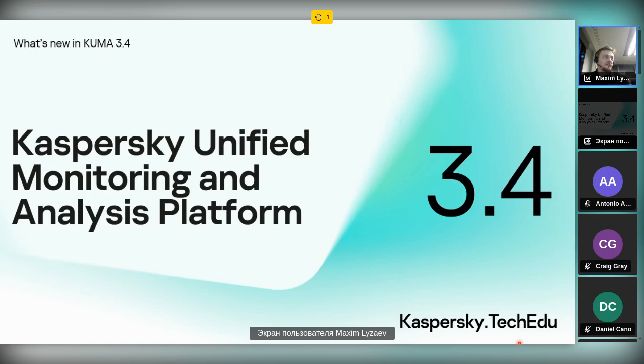So today's session is related to KUMA release 3.4. We will have slides. We will have a demo. The demo will be in a video, short videos, because this release has plenty of features, and it would be hard to demonstrate all of them in real time. We will try to